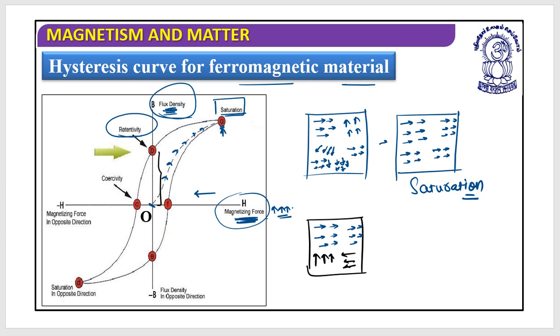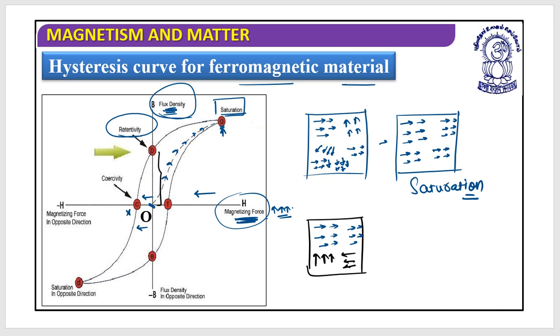So this is clear that at this point, at this magnetizing force, H equals 0, there are still certain domains aligned in the direction of the magnetic field. Now what I want to observe is, if I keep reducing, it has already been 0, and now I apply a reverse force in the negative direction, what happens? If I keep decreasing the magnetizing force,